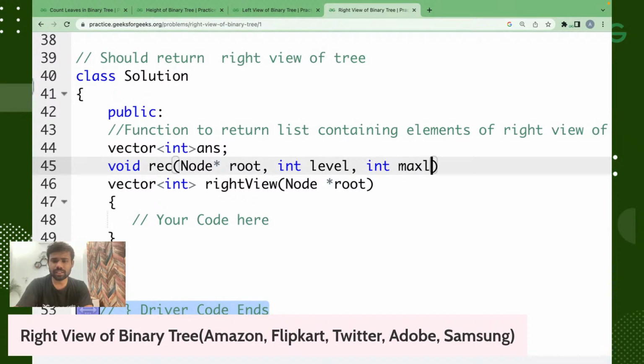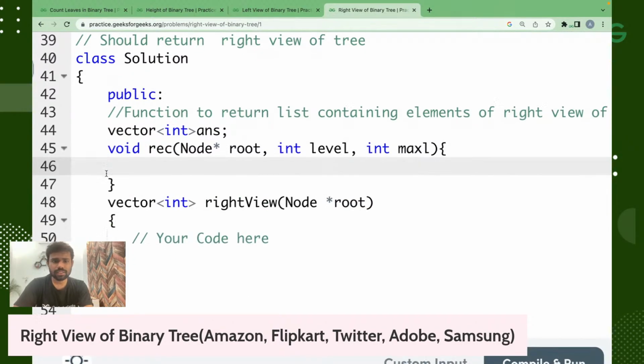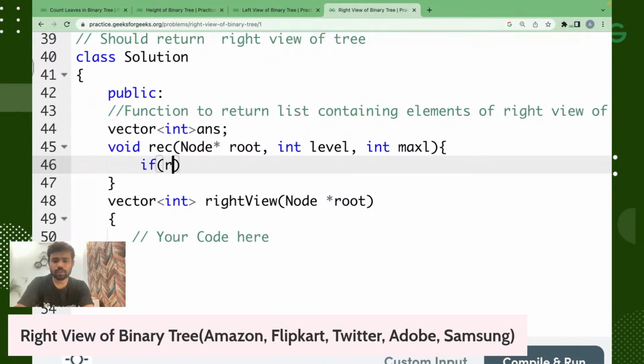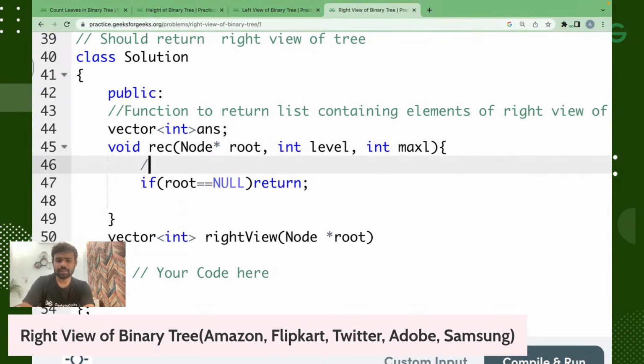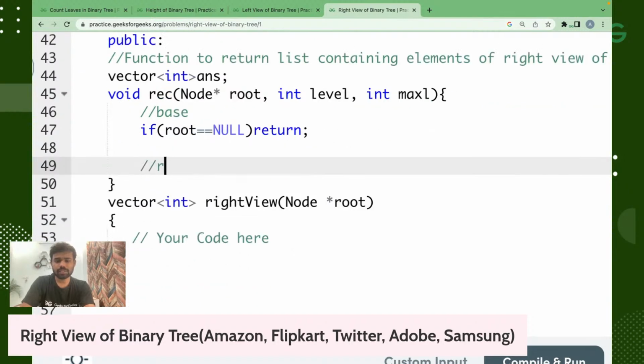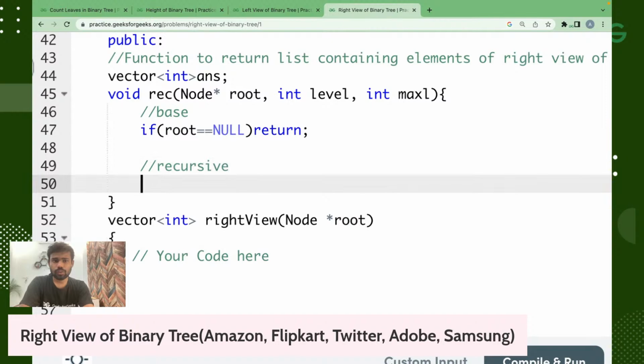Let's write it max L. Okay, now guys, if the root is equal to null, return simply. Okay, after it what we will do, this is the base case, the basic base case. Okay, after this the recursive. So for recursive